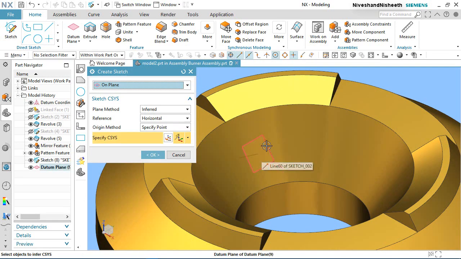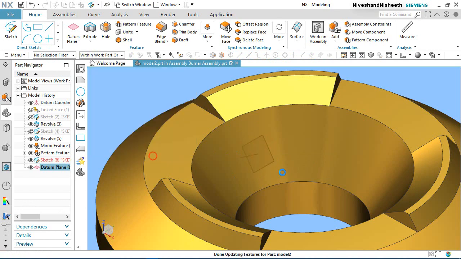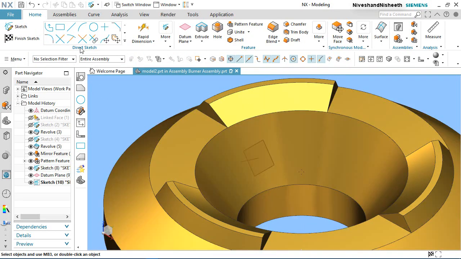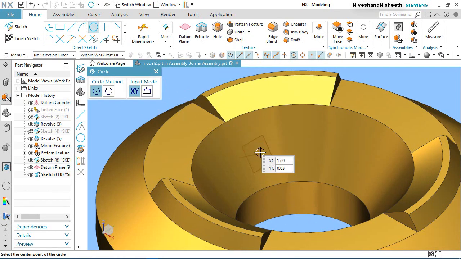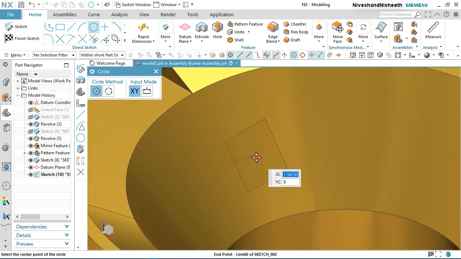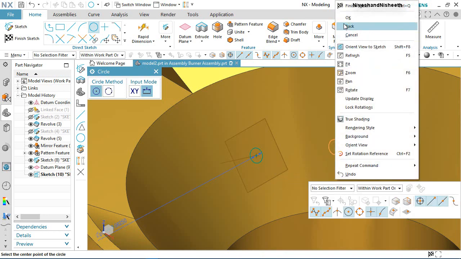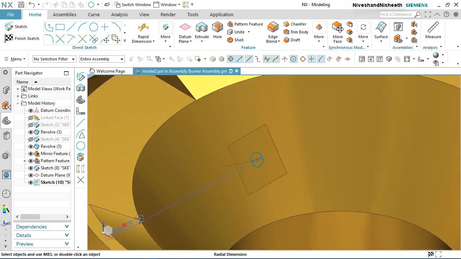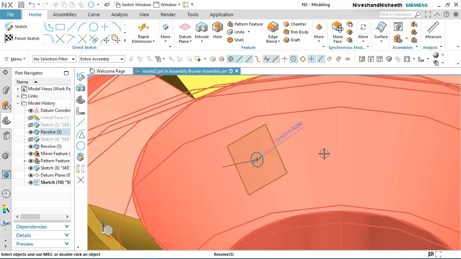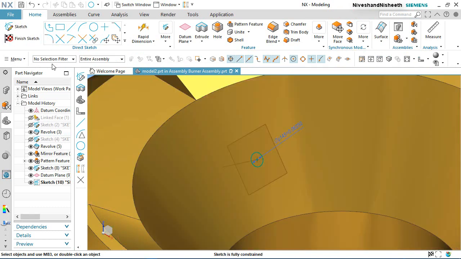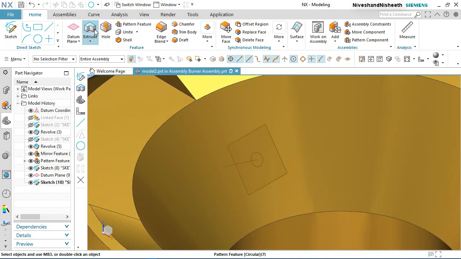Start the sketch on this plane. Activate the circle tool. Start the circle from this point. Diameter value 0.0625 inch. Finish the sketch.